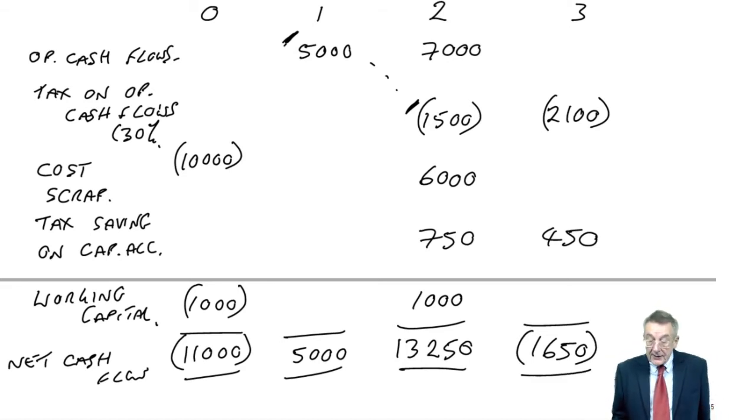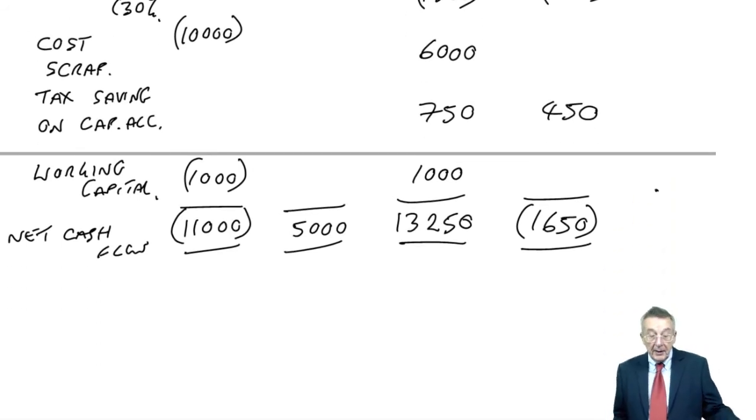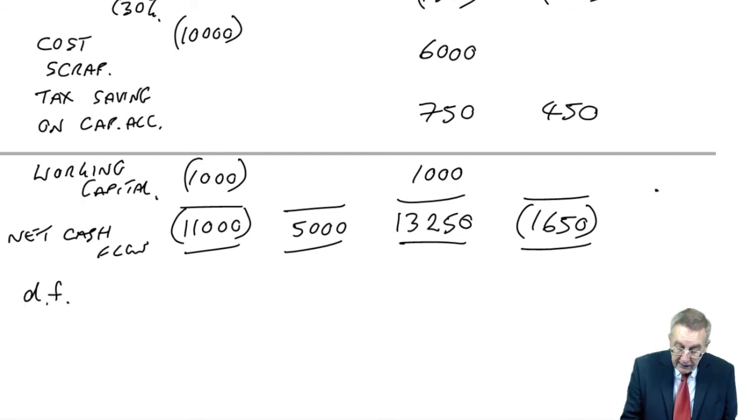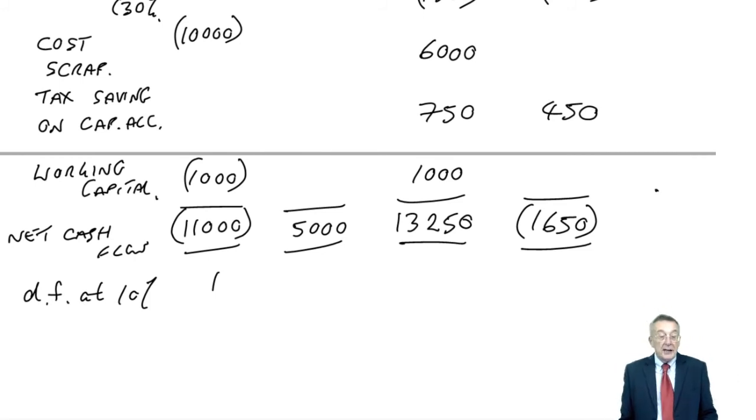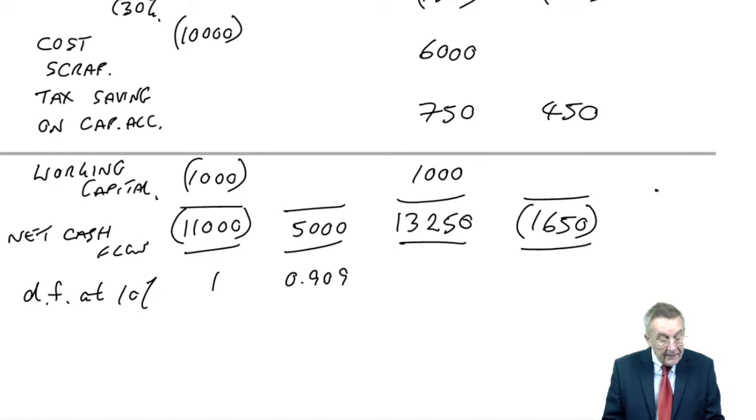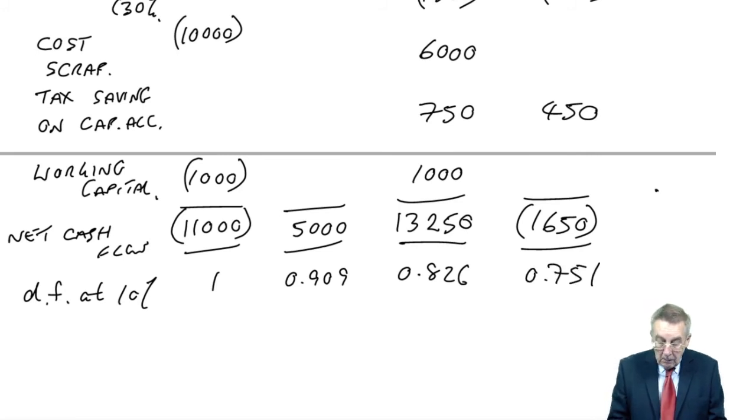This time we will discount, but we spent enough time on this in the last chapter, so this should be a formality. But to discount, it says the cost of capital is 10%, so we'll multiply by the discount factors at 10%, which for 1 year, let me find my tables, make sure you get the right tables incidentally. These are individual flows, so use the ordinary present value table. 1 year 10% 0.909, 2 years 0.826, 3 years 0.751. And so the present values